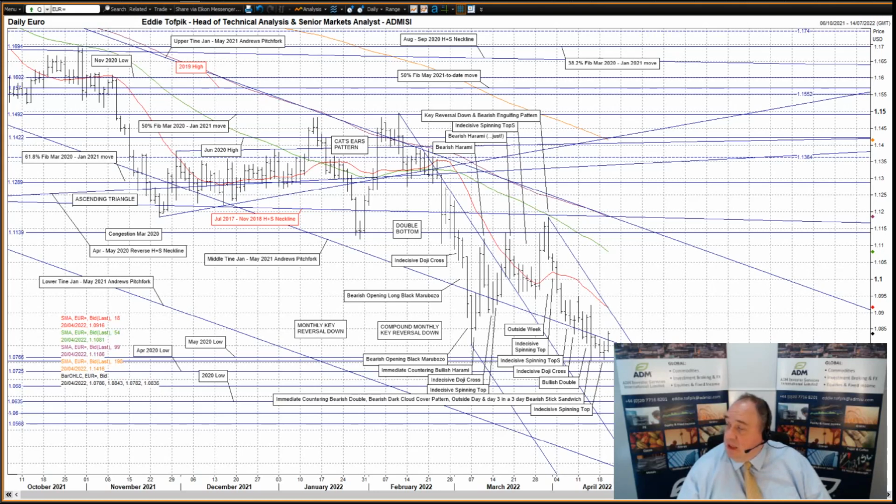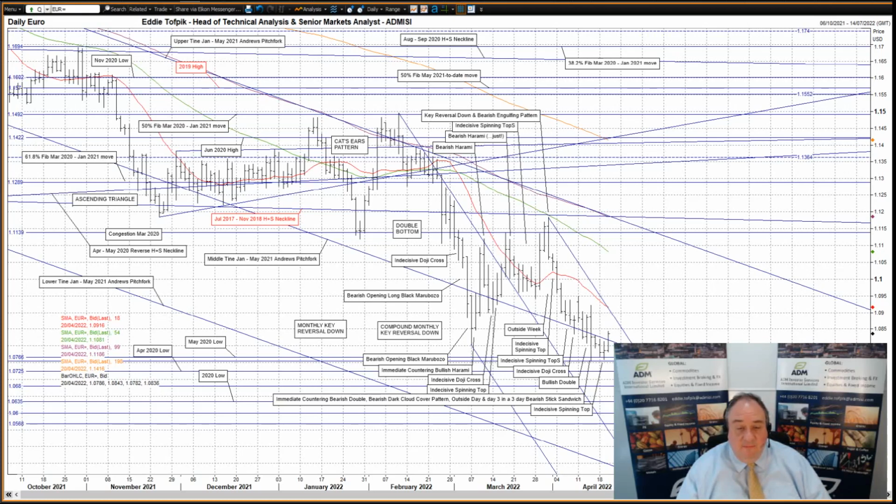I'll start with the euro against the dollar. An indecisive spinning top yesterday as the market once again flirted with the recent lows. Overall, we still have the same core bearish pattern in charge. The January to May 2021 bearish Andrews pitchfork is still driving this market lower. Prices are still just below the middle time mainly, currently at